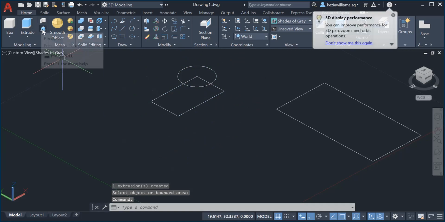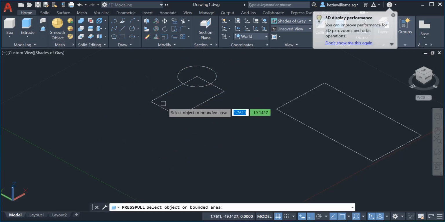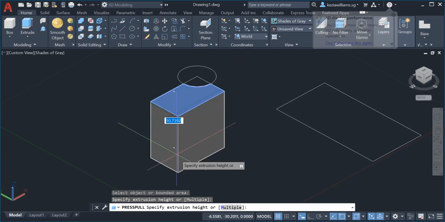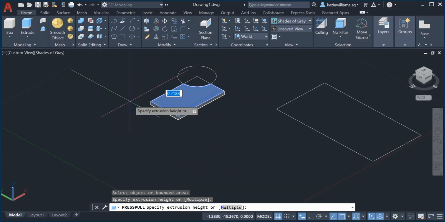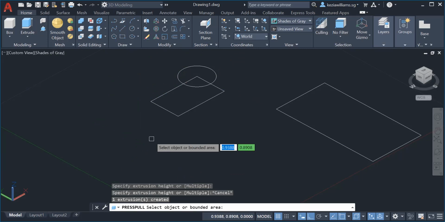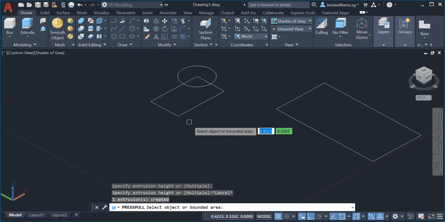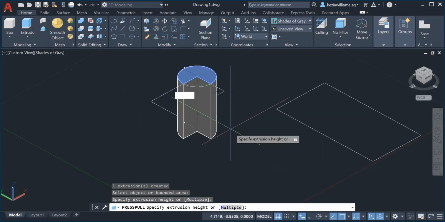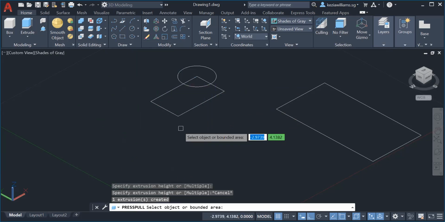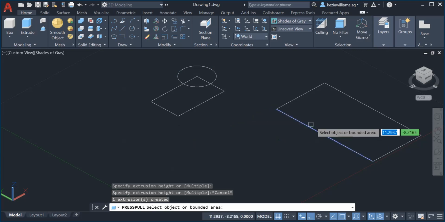Okay, so press pull. You go near the place and it will automatically go to the thing. At the same time, if I go here, only this portion is extruded. If I go here, only this portion is extruded. So whichever one we can extrude, one thing. Then when you go here, see, this also I can highlight. You know, in extrude you cannot do that.